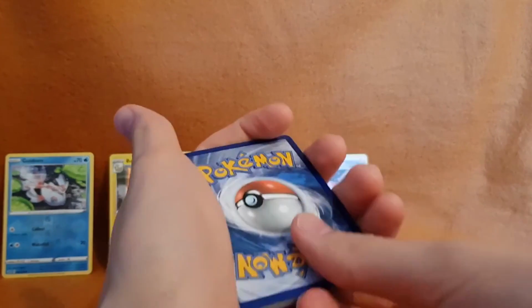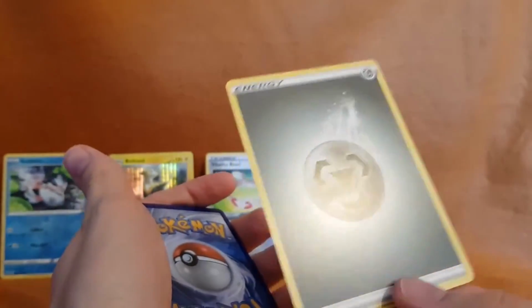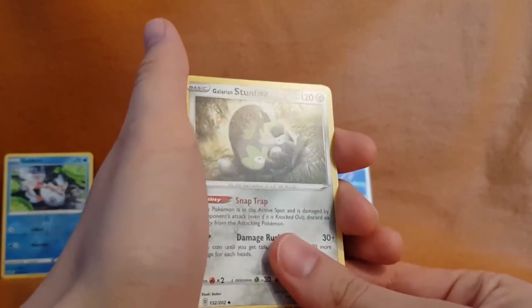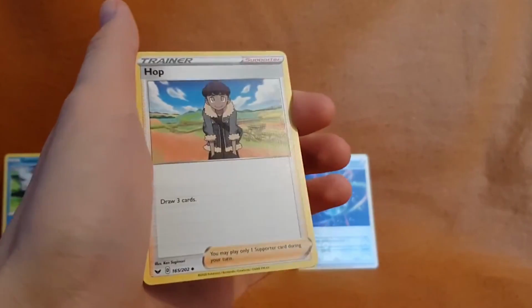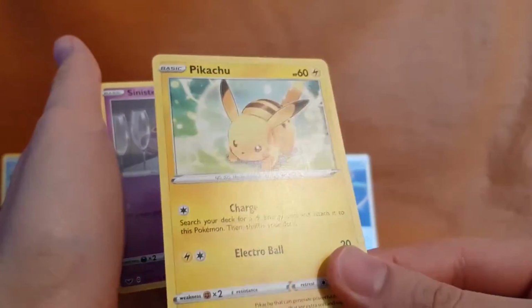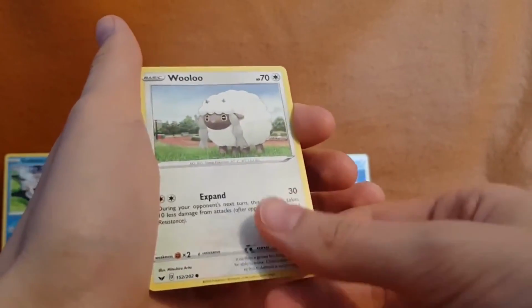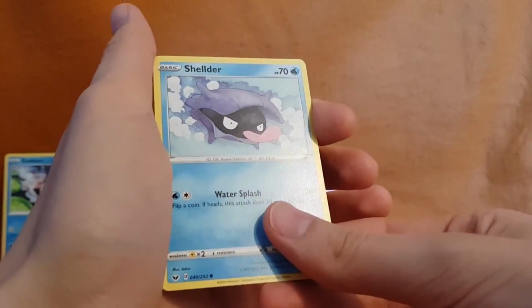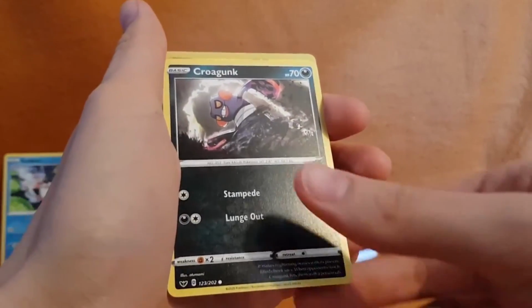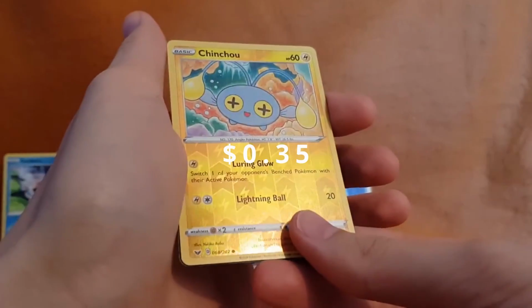Flip it, dip it, let the mouse lick it. I don't know which energy that is. Okay, let me see. Stunfisk again. Raboot again. Hop again. A Pikachu. That's a nice Pikachu. Very cool, very swag, I like it. Sinistia. Willow. Shelder. Ooh. Sorry about that. Grogunk. Shinichu as our reverse, and at the very end,